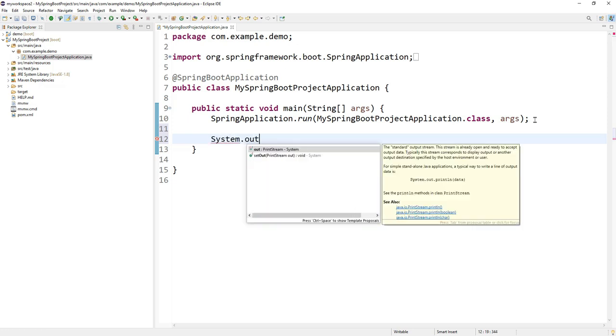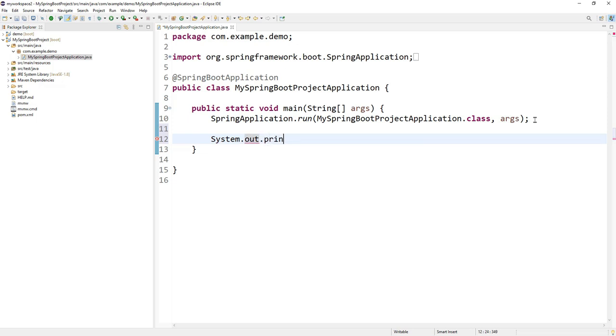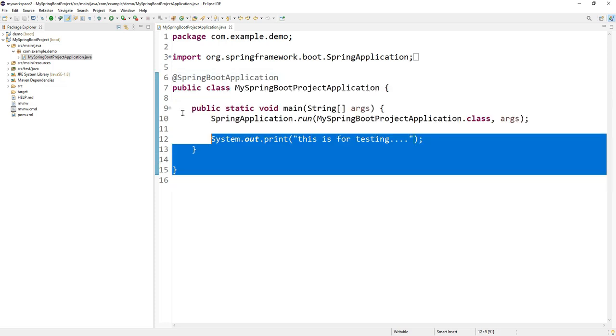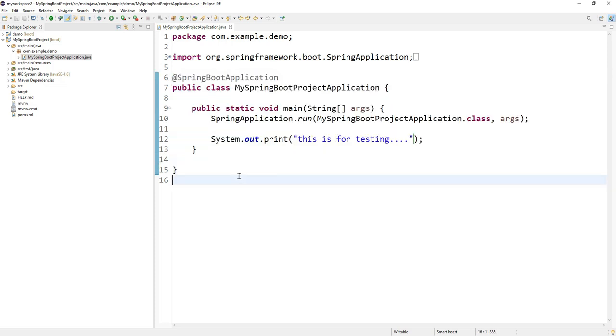I'm just writing a simple message for testing purposes. Basically, the Spring Boot framework is what we are going to use for developing the REST APIs, which need a Tomcat server. By default, whenever you start your application or run this program, it will internally start your Tomcat server, and we will see how it starts.